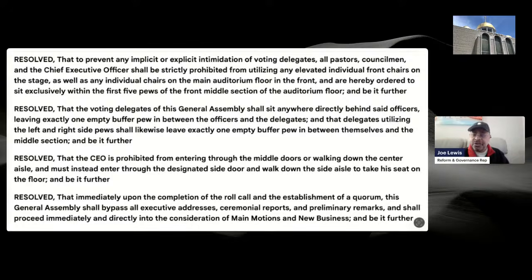and that delegates utilizing the left and the right side pews shall likewise leave exactly one empty buffer pew in between themselves and the middle section. And be it further, now all that means is that the men there is normally on the general council or the pastors